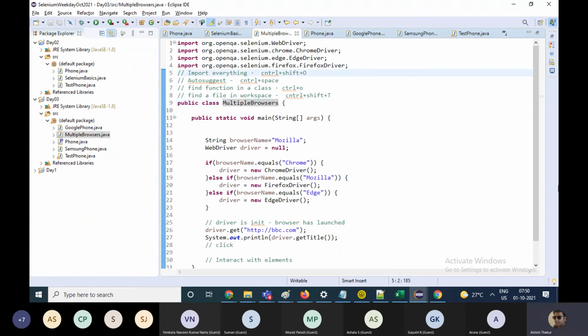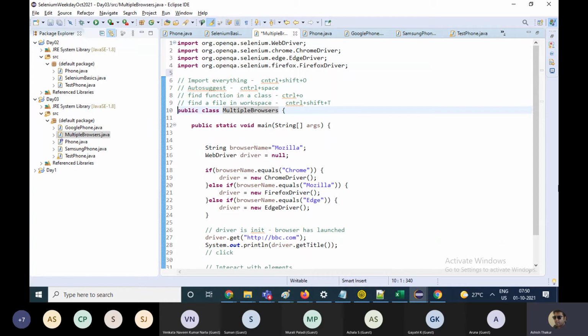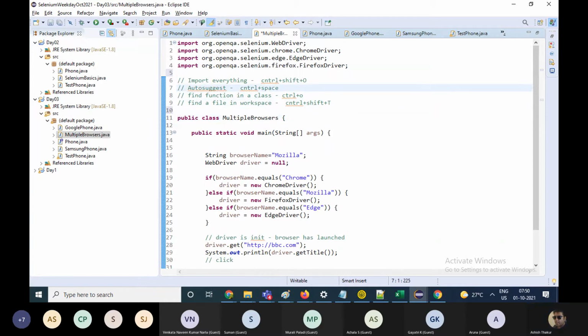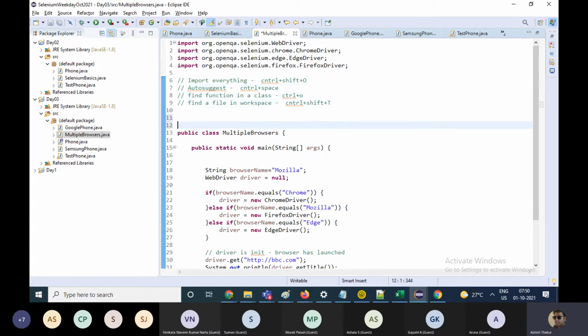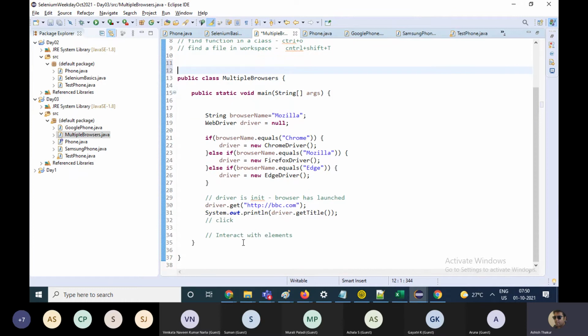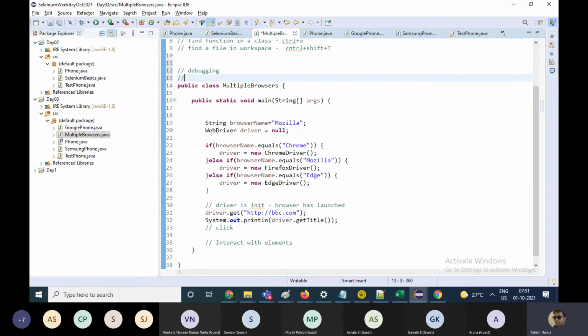Now this was about shortcuts. The next thing I want to tell you, before I jump over to object identification, is the concept of debugging as well as the concept of constructors in Java.